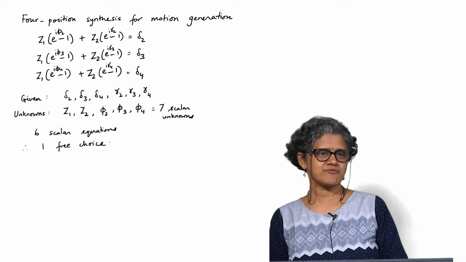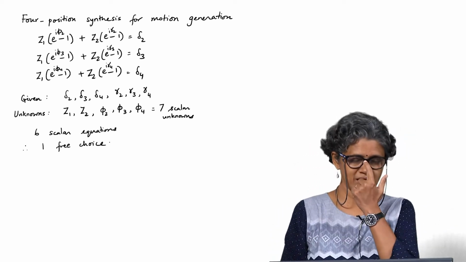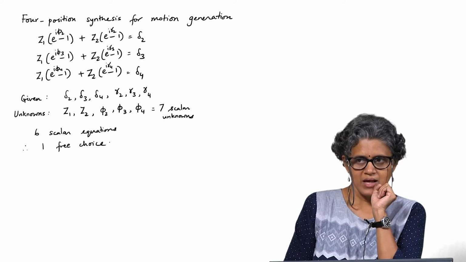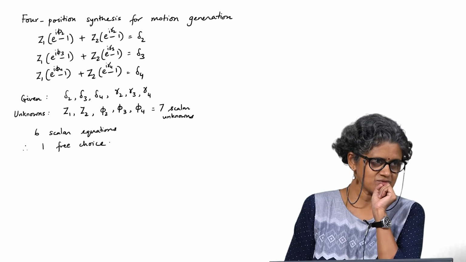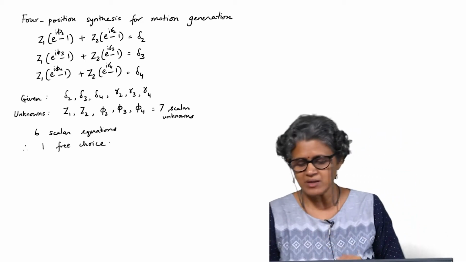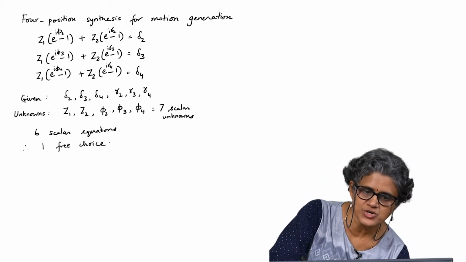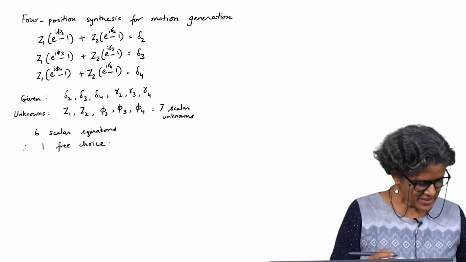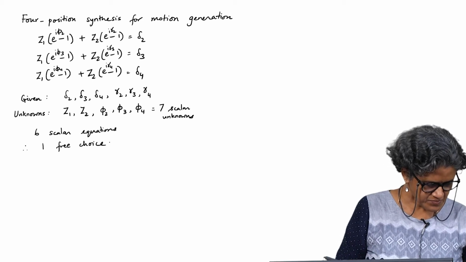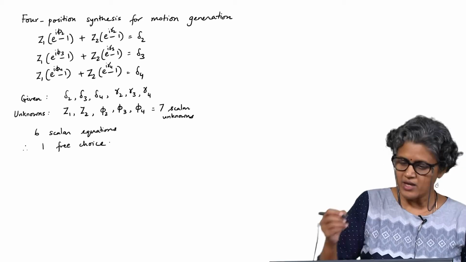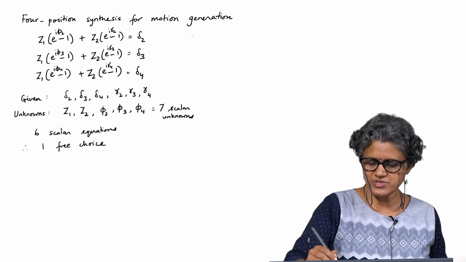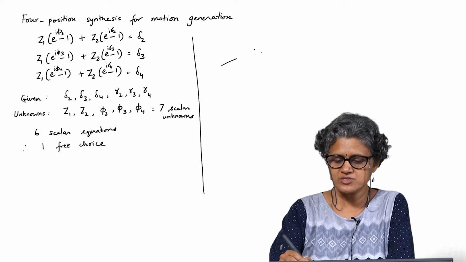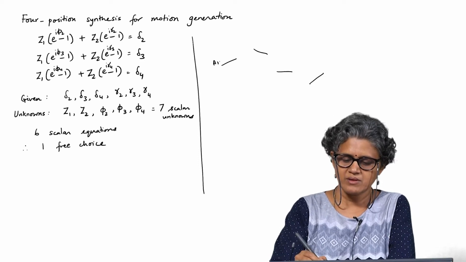Essentially, we saw that you do have a free choice. The question is, how do we exercise that free choice, maybe not graphically, but how do we solve this problem. So, we should have an infinity of solutions. So, the strategy was, if you take 4 positions of this thing in the plane of the coupler,